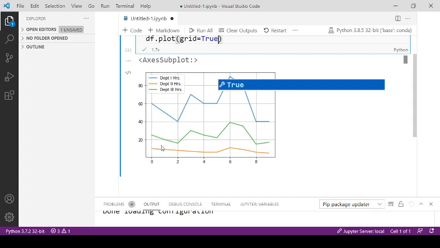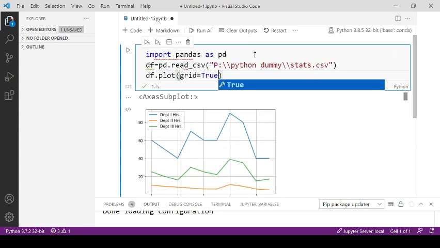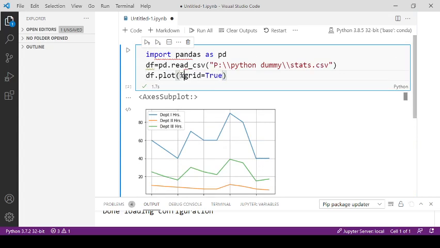Now on this graph if you want to show the label on the x-axis and y-axis, you can do the same using parameters, and those parameters are xlabel and ylabel.